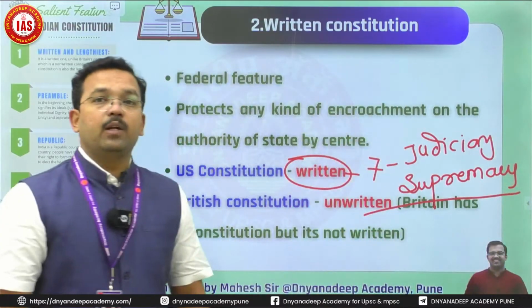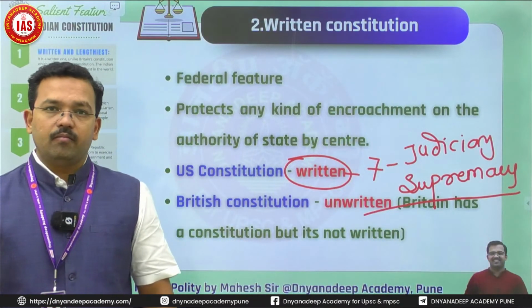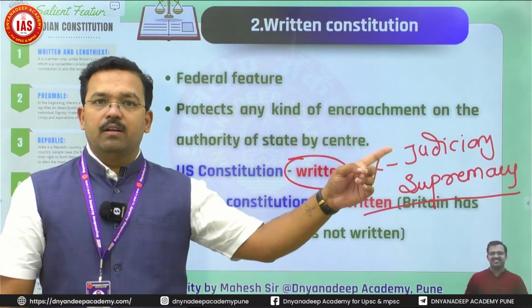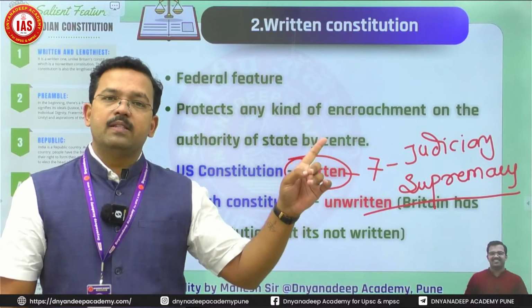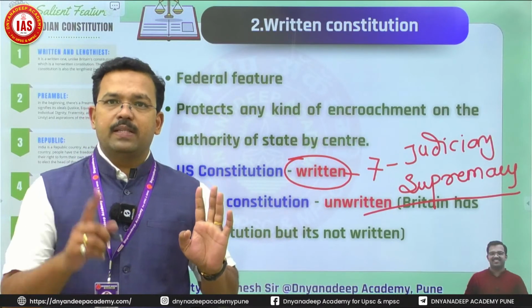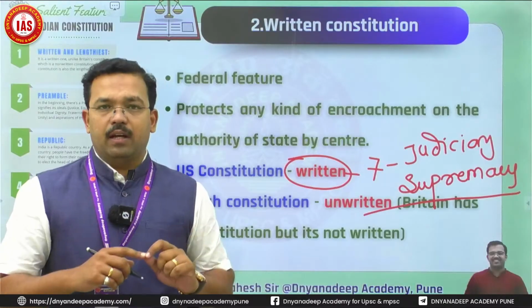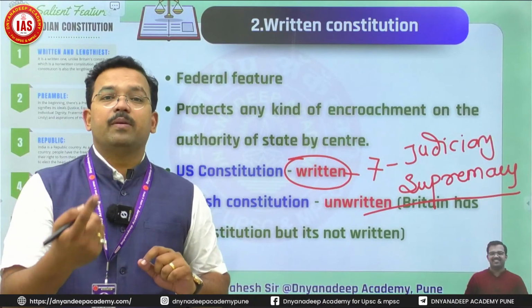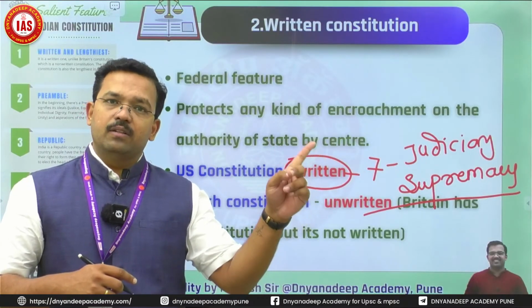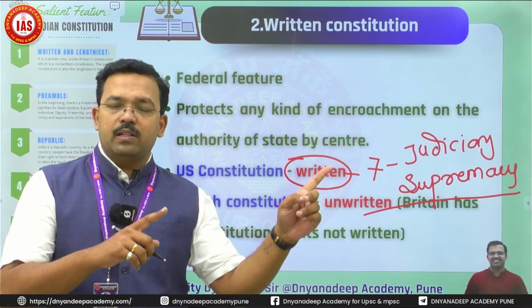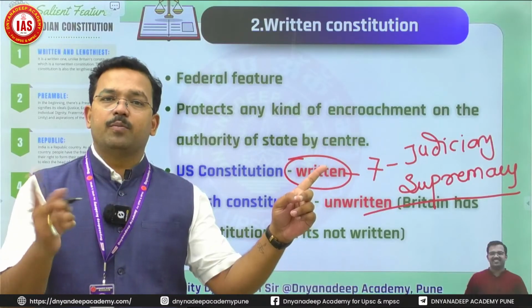Now we are getting two extreme ends. On one side, there is Britain, where what Parliament says is final. In Britain, there is parliamentary supremacy. On the second side, we have America, where there is judicial supremacy. Correct? On one side, America, there is judicial supremacy. On another side, there is Britain, where there is parliamentary supremacy.